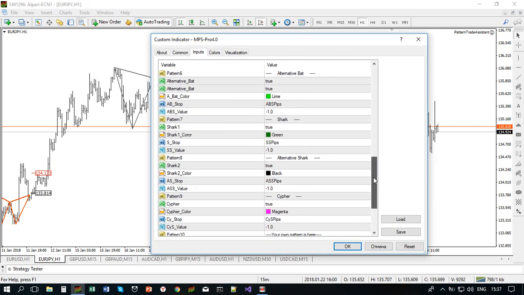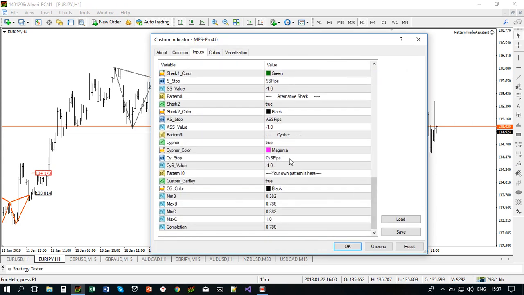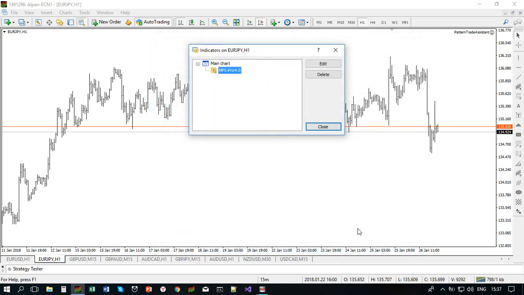Let's go to the cipher pattern. It is at the bottom, and let me choose the cipher. You see, cipher stop pips. Let me choose cipher stop pips, and let me use, let's say, 15 pips stop loss. 15 pips stop loss. Okay,